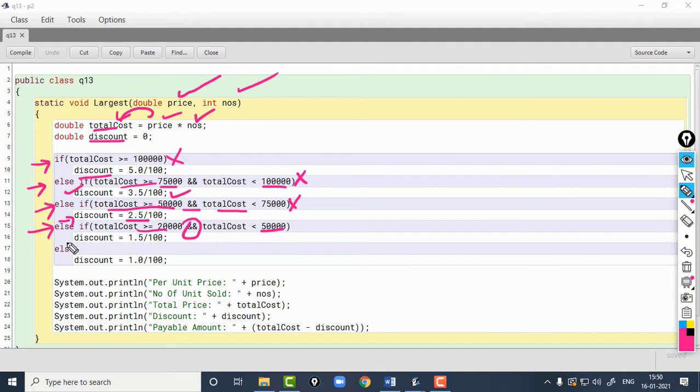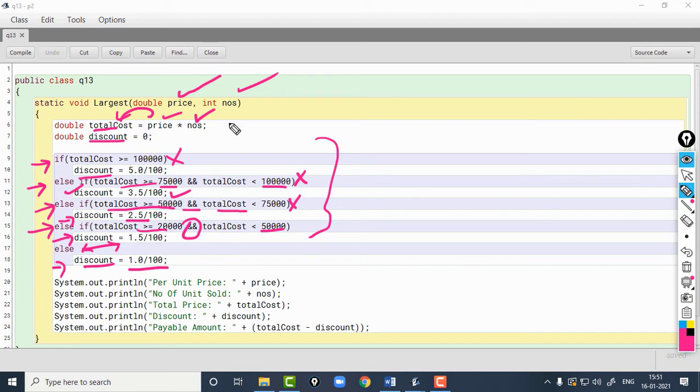If this is the case, the discount variable will be assigned 1.5%, and if all the above conditions are false, then the value stored in total cost is obviously less than 20,000. So I have not checked it here because it's already concluded the value is less than 20,000, and when that is the case, I am assigning 1% in the variable discount.